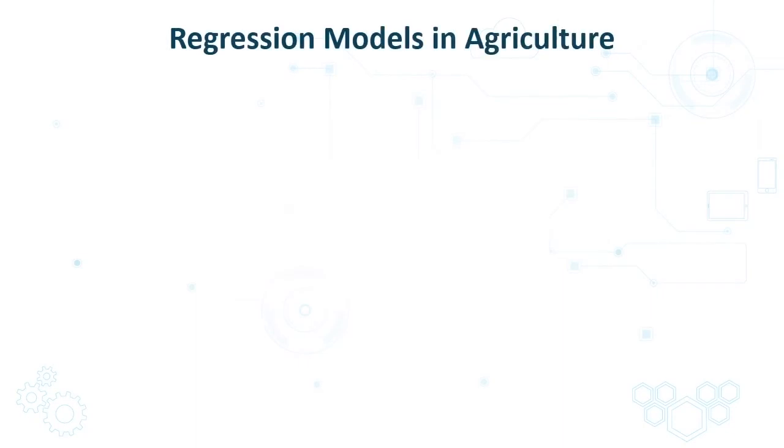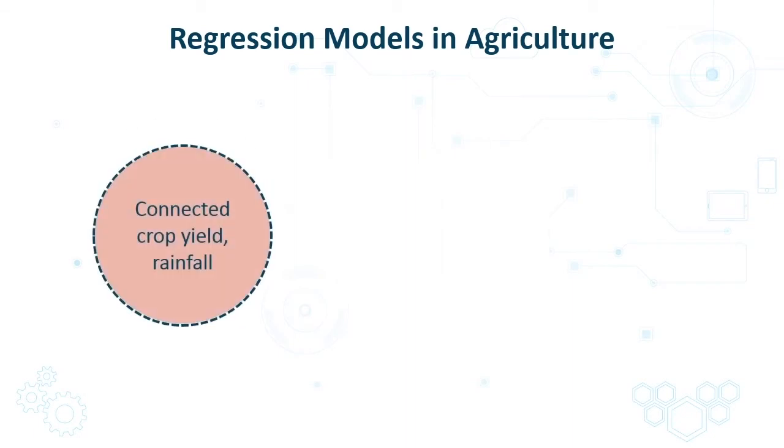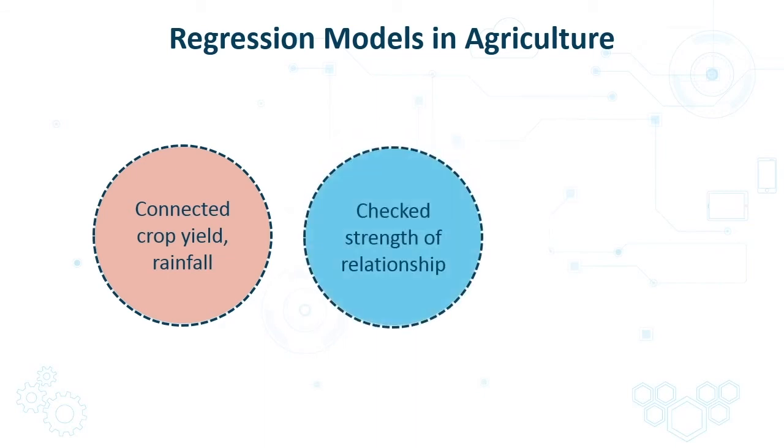So now that we have seen how we can make use of a regression model in order to make predictions, let us quickly summarize the steps. First, we ensure that there is a cause and effect relationship between rainfall and the crop yield. Once that was done, we were then able to check the strength of this relationship by plotting our regression line. And if we were to get a line which had a particularly high R square value, for example, then we get a confirmation that there is a very strong relationship between rainfall and crop yield.